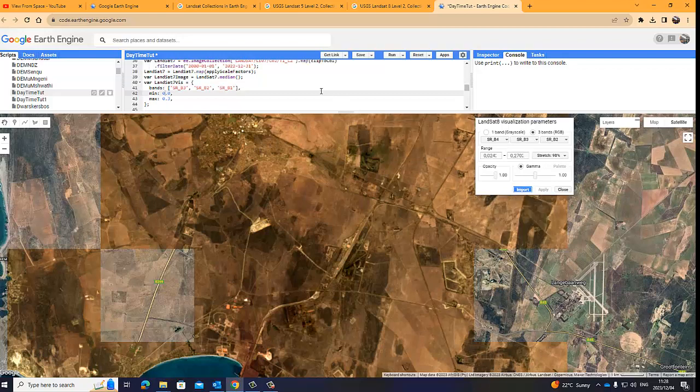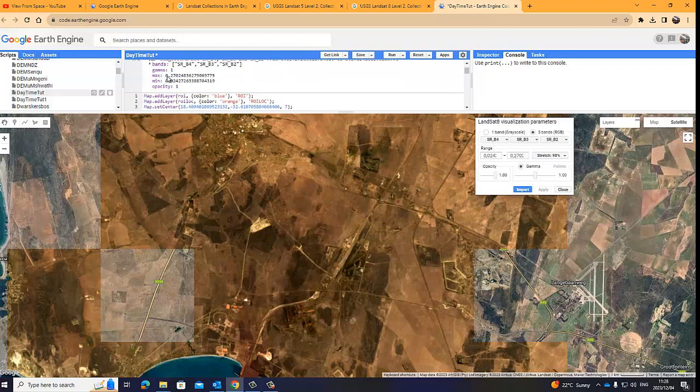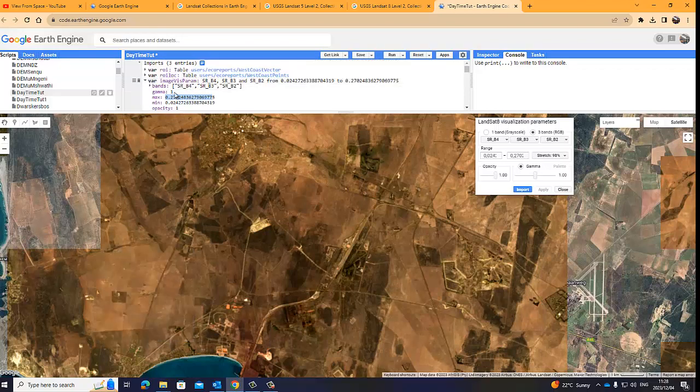Okay, so it will now display on top here. You'll see there's the visualization parameters. You'll see there's the minimum value that we've presented there, and the maximum value 0.2702, and the minimum value 0.2... And so you can simply copy and paste that piece of code